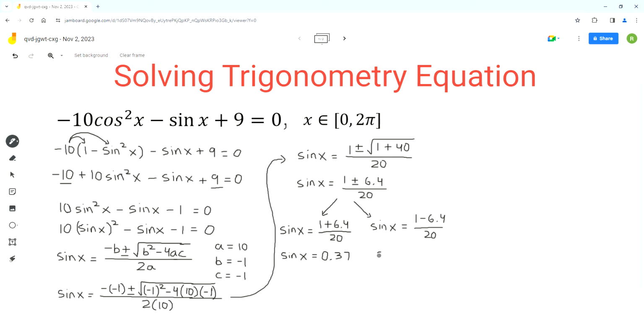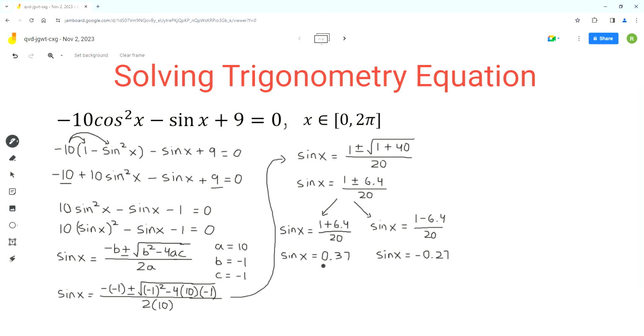And for the negative case, we do 1 minus 6.4, which is equal to negative 5.4, and then we divide the result by 20. So I got negative 0.27. So these are the two equations we have to solve to find the value of x in the given interval